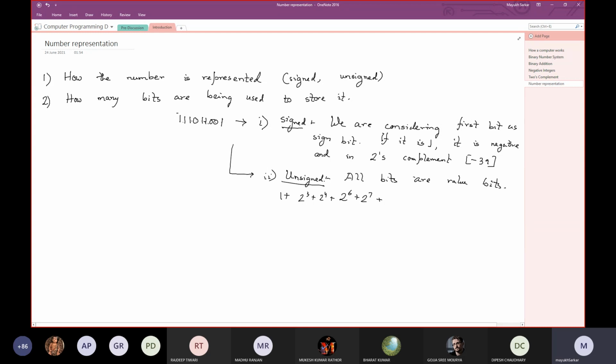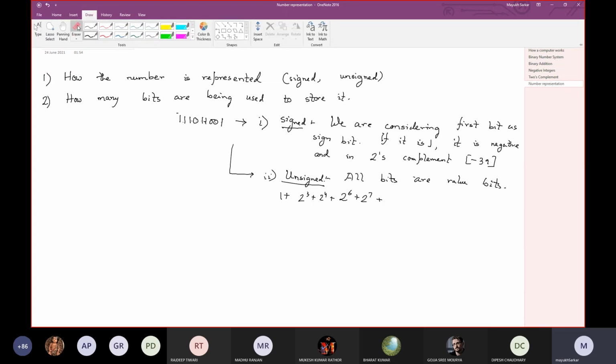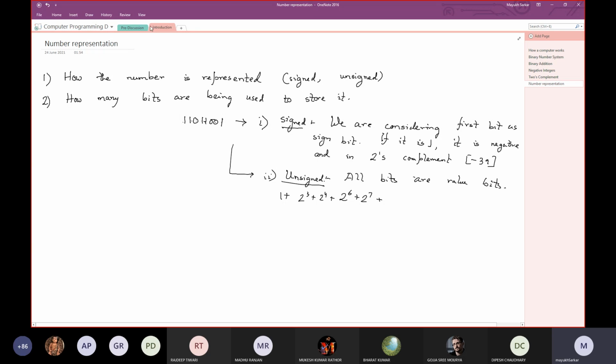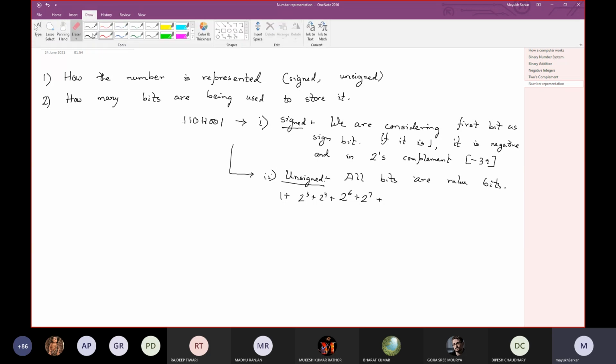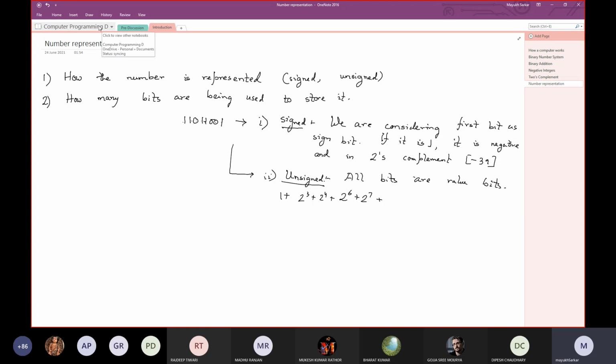Am I using a 9-bit number? Yes. That's why this happened. So let me just use an 8-bit number. Okay. So up to 2 to the power 7. And if you add this up, this will become 1 plus 8 plus 16 plus 64 plus 128. Just add this up. I'm telling you to add this up because I'm going to show what is happening within the computer. So 9 plus 16 plus 64 plus 128, 270.